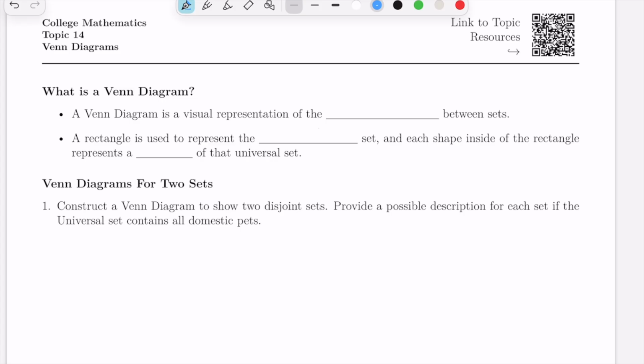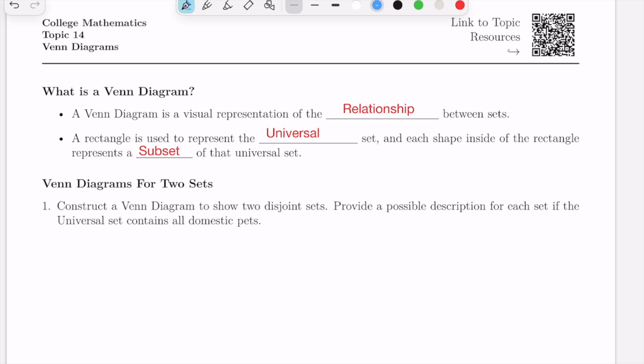Hello and welcome. Today we're going to be talking about Venn diagrams. We're going to be arranging sets and subsets, etc. A Venn diagram is a visual way of representing the relationship between sets. Oftentimes we use a rectangle to represent the universal set, and each shape within the rectangle represents a subset of the universal set. So let's go ahead and construct a Venn diagram and look at what it might look like